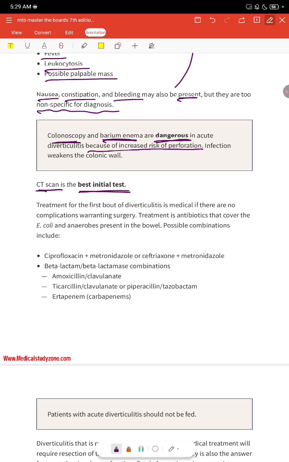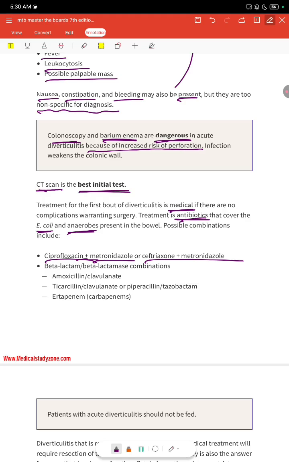Treatment for the first bout of diverticulitis is medical if there are no complications warranting surgery. Treatment is antibiotics that cover the E. coli and anaerobes present in the bowel. Possible combinations include ciprofloxacin plus metronidazole or ceftriaxone plus metronidazole. So we do what? Ciprofloxacin plus metronidazole or ceftriaxone plus metronidazole